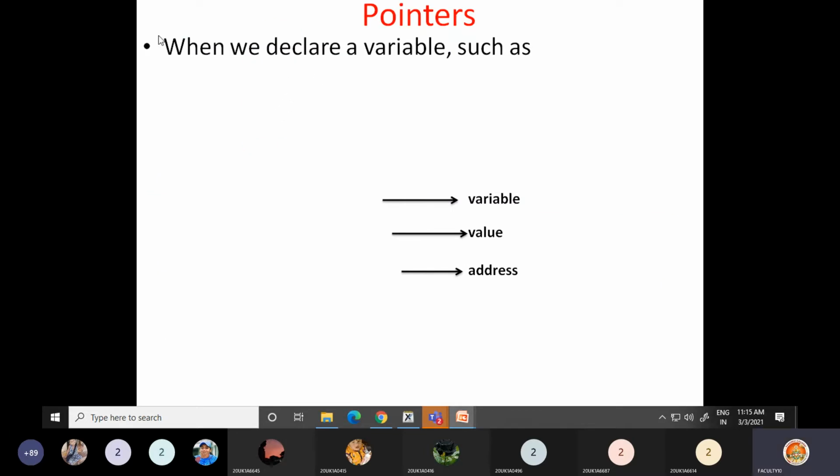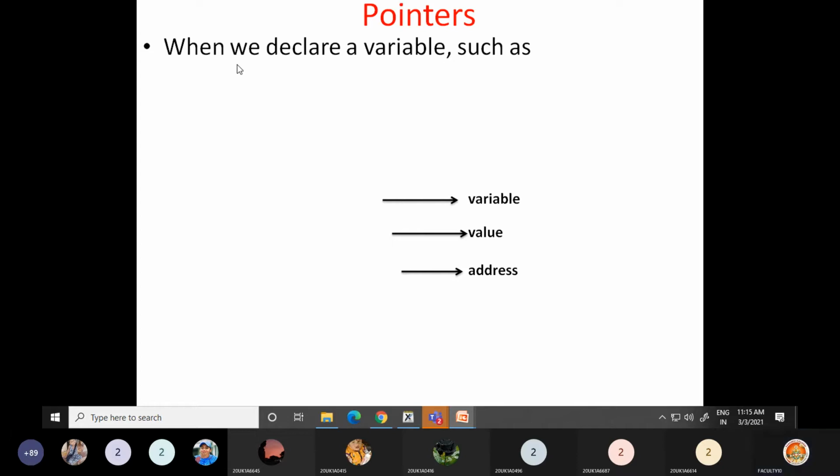So the next important topic is pointers. This is very, very important in C language, pointers, and very interesting and very tricky, difficult to understand. People say this. But if you listen to the concepts very carefully, then pointers are very easy. So not to worry. You can use pointers comfortably in programming.